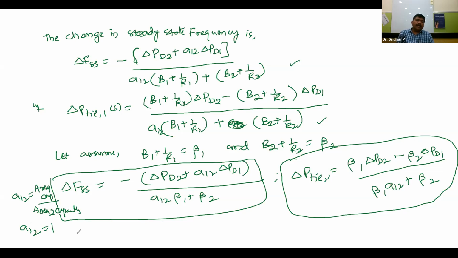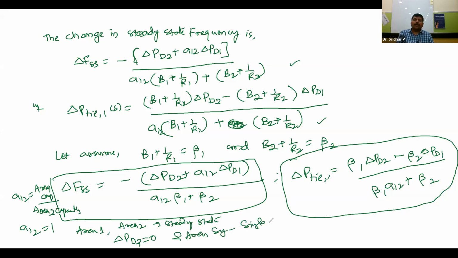Suppose in area 1 only some disturbance is taking place, area 1 is affected and area 2 is in steady state. If area 2 is in the steady state, meaning there is no demand on it, then delta PD2 will be 0,